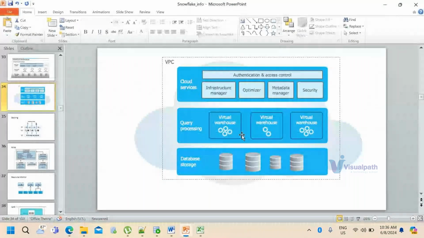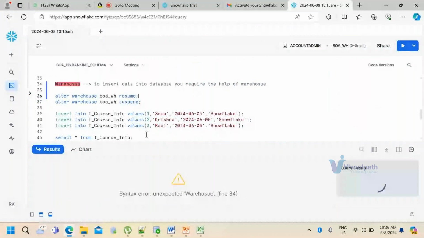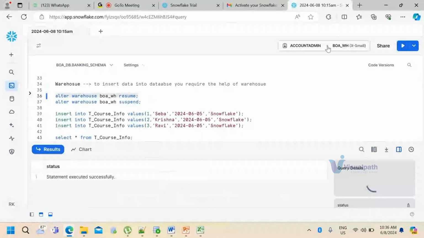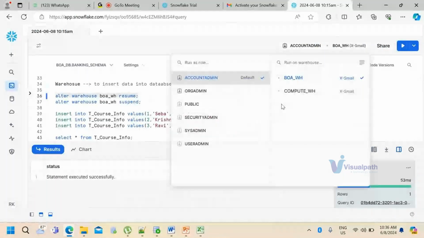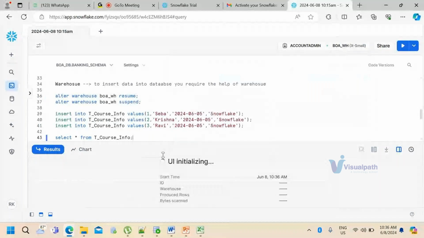Now what I'm going to do is resume the warehouse. My warehouse is started. Look at the status here. Just wait for a minute. It will start. Can you see? It is started. Let me query the data. I can see the data, right? I am able to see the data. Fine, anyways, I'm just concluding here.